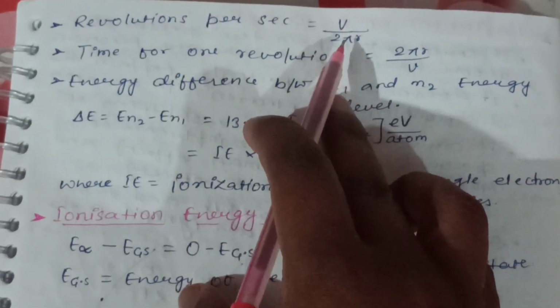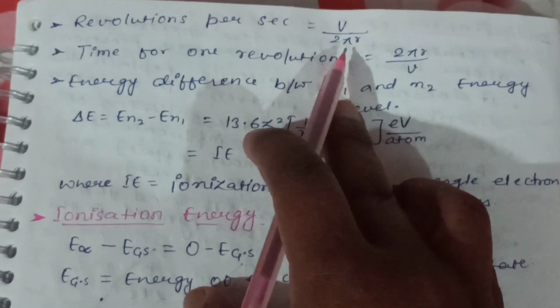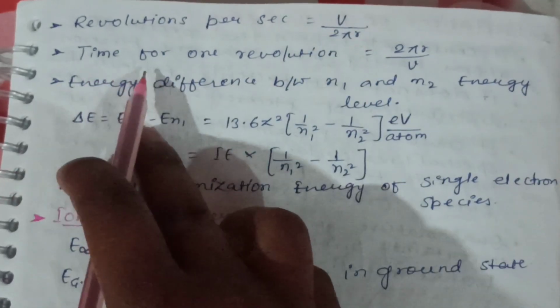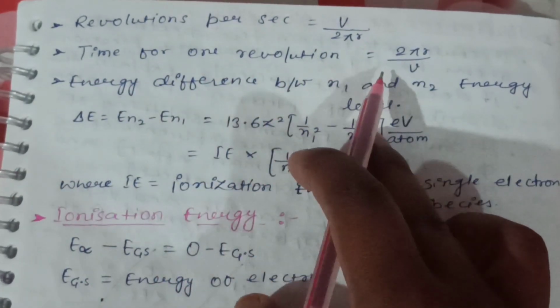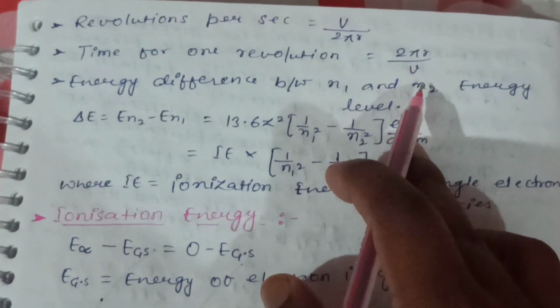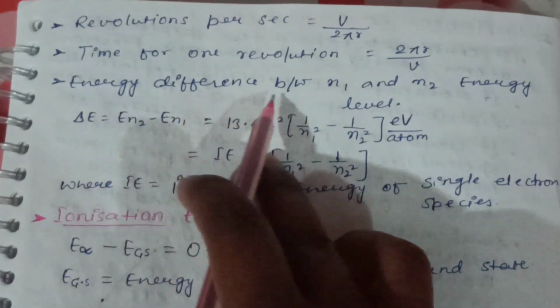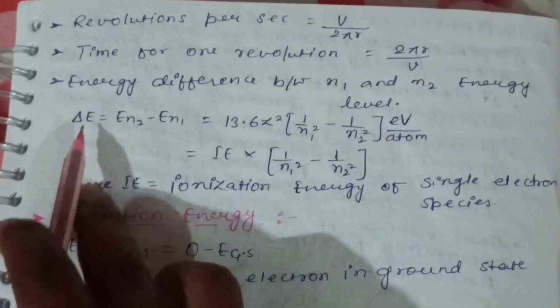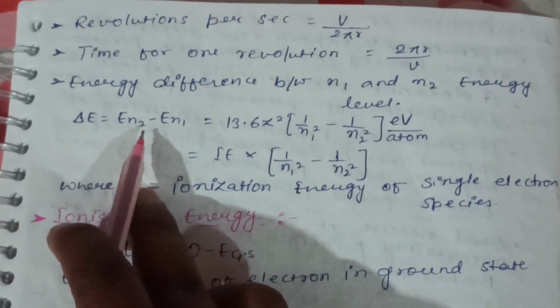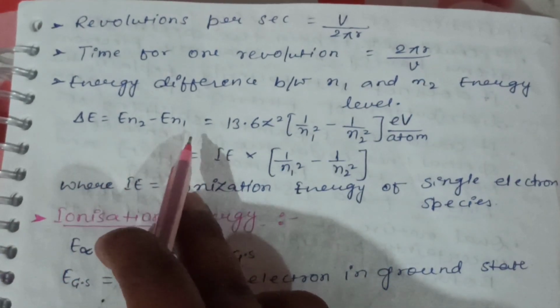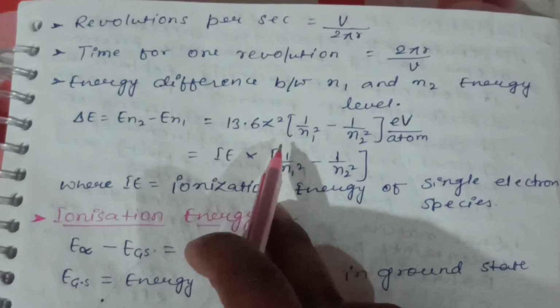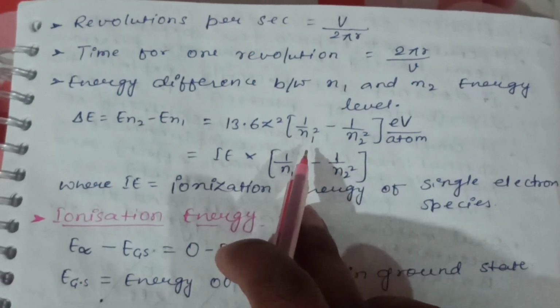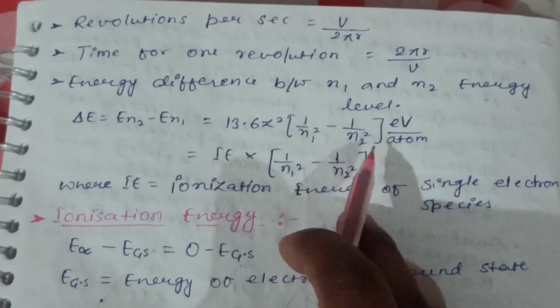Revolutions per second = v/2πr. Time for one revolution = 2πr/v. Energy difference between n1 and n2: ΔE = E(n2) − E(n1) = 13.6 Z² (1/n1² − 1/n2²)